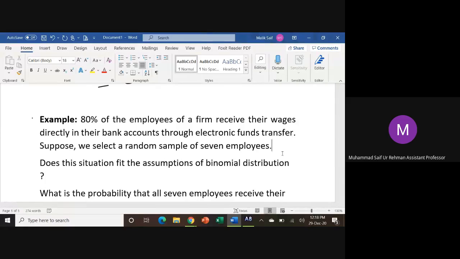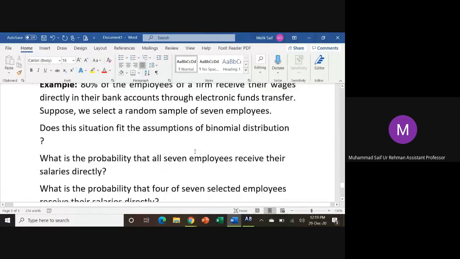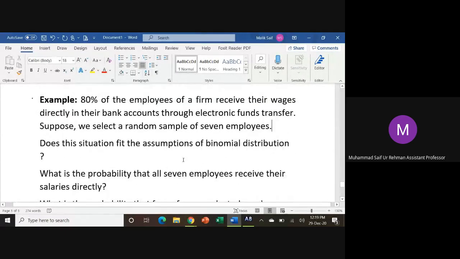There are only two possibilities. One is that the salary or wage is being disbursed in the form of cash, so you receive cash in hand. Otherwise, you have your salary in your account, as a funds transfer. So there are only two possibilities. In the case of binomial, we have only two possibilities. Therefore, this situation fits the assumptions of